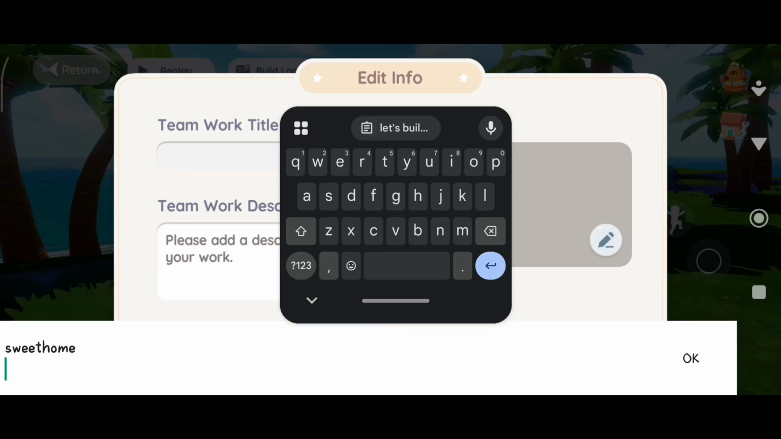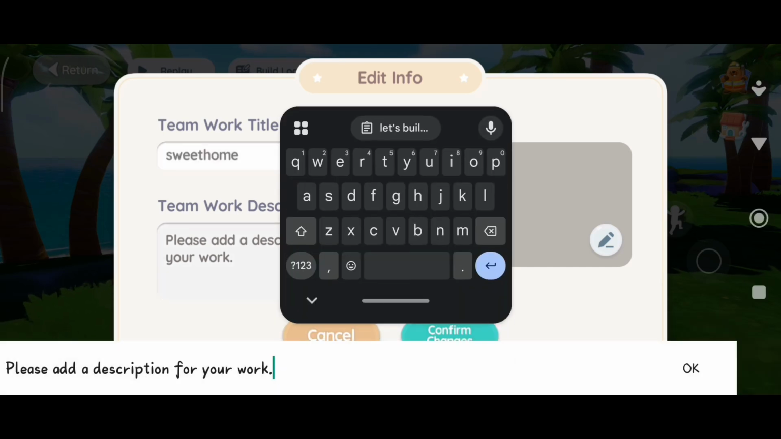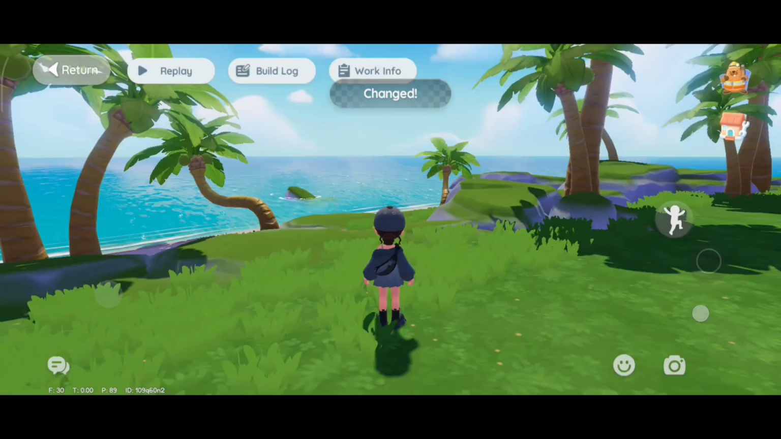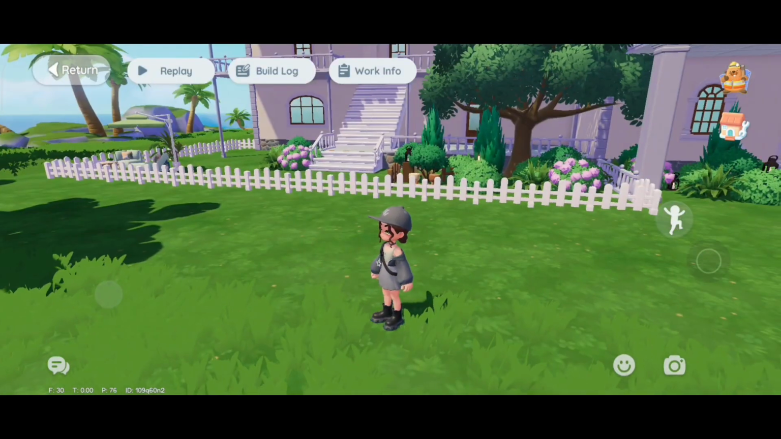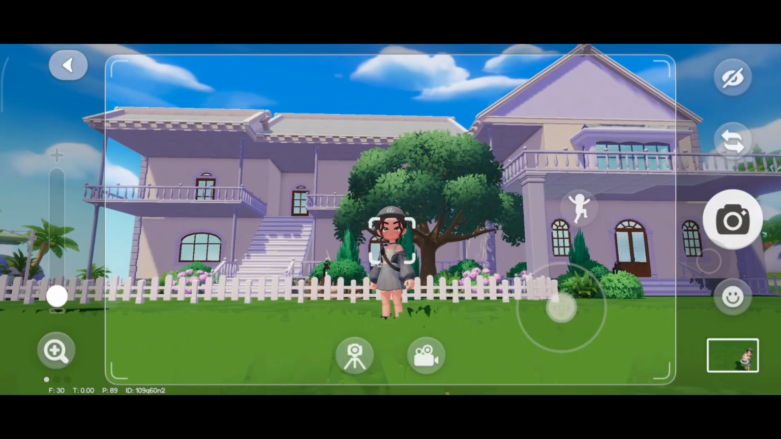For example like this, and then you can also give the teamwork descriptions, for example like this, and then in here you can add a work photo over here. But first I want to save my work info first, and then to take a photo just tap on the camera icon, and then just take a